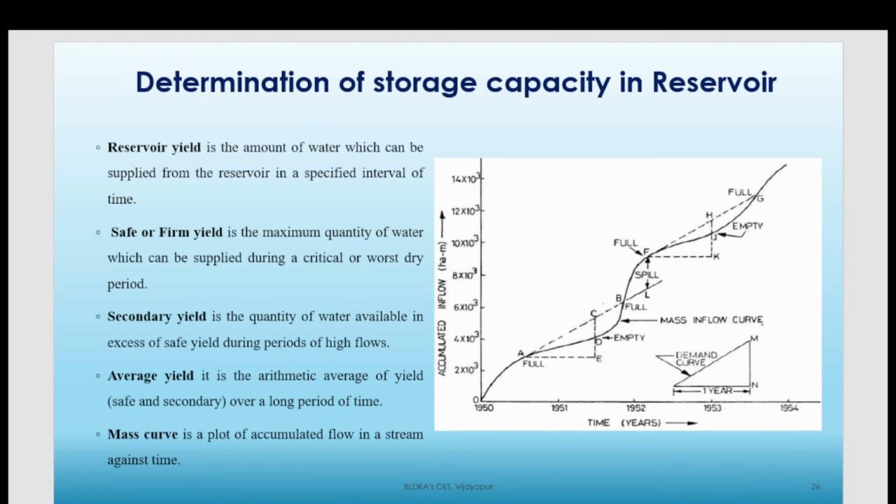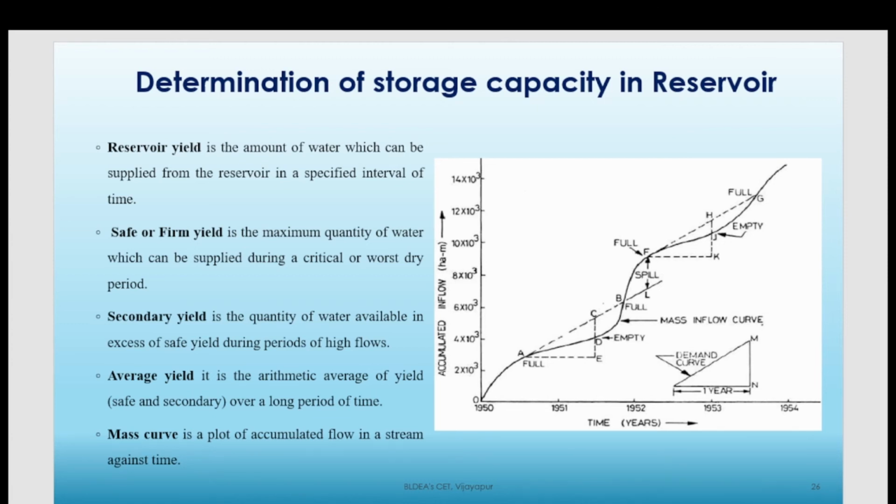As you have seen previously with rainfall also, the mass curve is something which keeps on increasing, right? When you come to a hydrograph, it will increase and then decrease, because on the y-axis we have discharge and on the x-axis we have time period. But in the case of a mass curve, on the y-axis we have cumulative discharge, and on the x-axis again the time. Right. So how do we try to understand this graph?